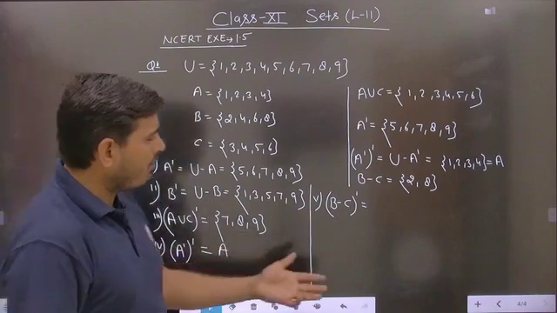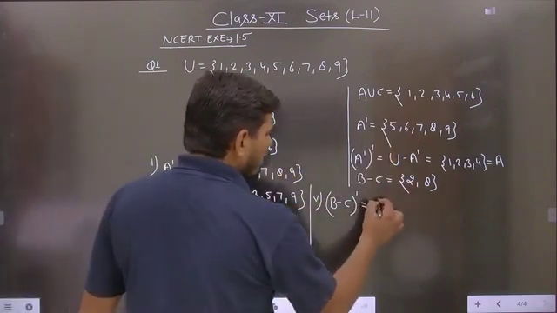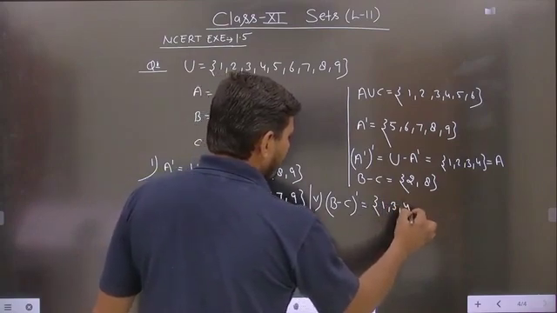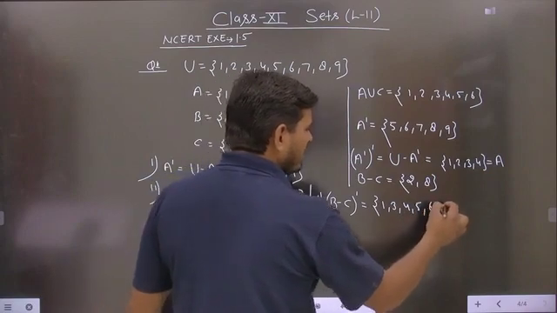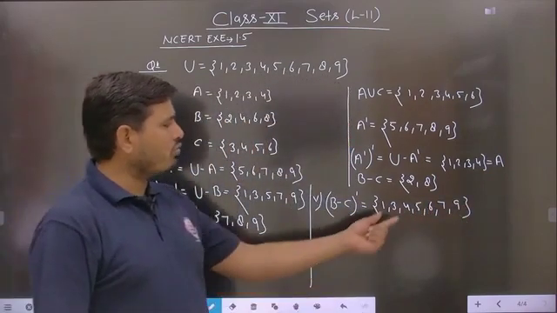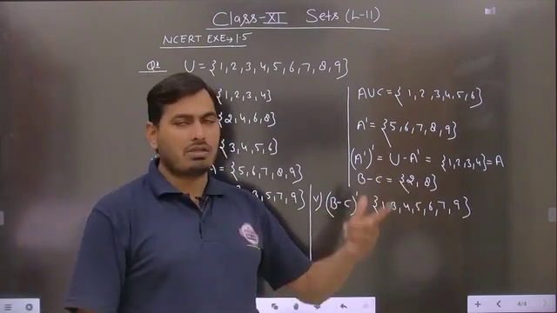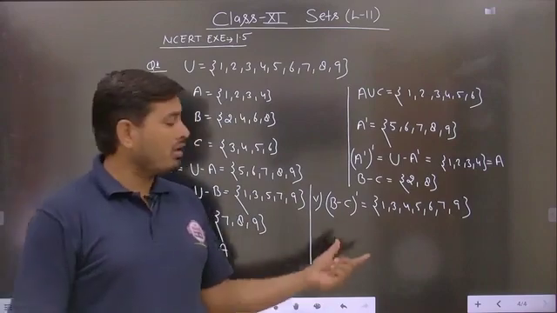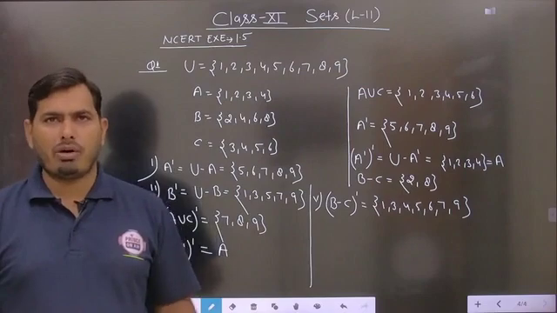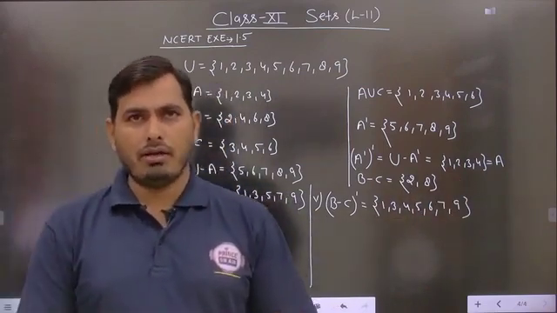Now these elements are to be subtracted from the universal set. So we will write the answer of this part as 1, 3, 4, 5, 6, 7, and 9, because only the two elements 2 and 8 are subtracted here. In B minus C you have 2, 8, but in the whole dash of B minus C we just remove the two elements 2, 8, and you observe the remaining elements. Is it clear?